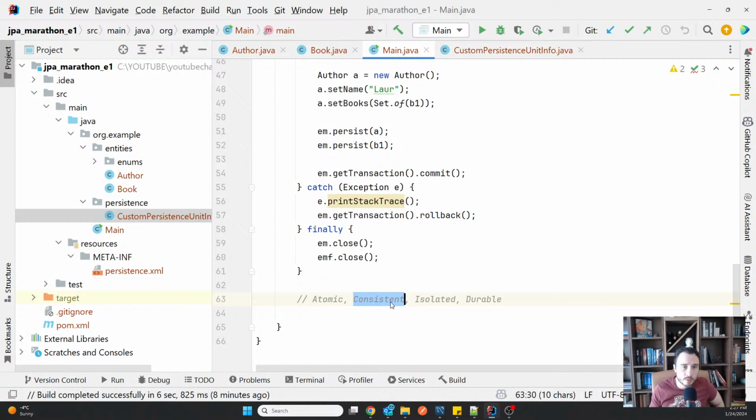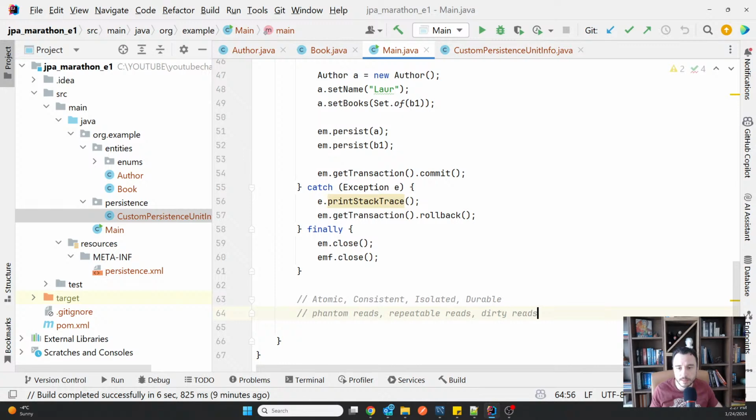So we know that all transactions are atomic, but depending on how isolated they are for readings, we will create a higher or smaller consistency, and those consistency anomalies are called phantom reads, repeatable reads, or dirty reads.